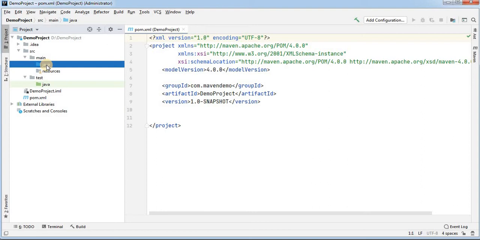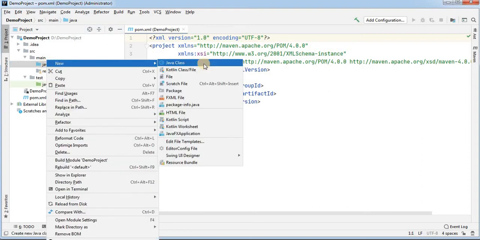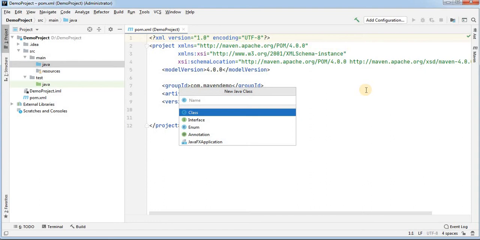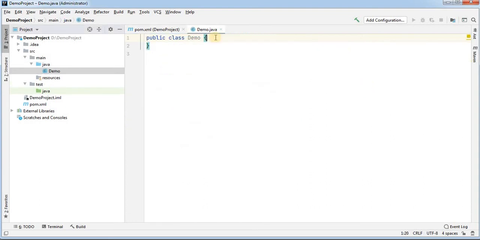Assume that I am going to write one Java class. My Java class name is Demo. So let us create one Java class. Okay, Java class created. Now what can we do here? We are writing one main method here.